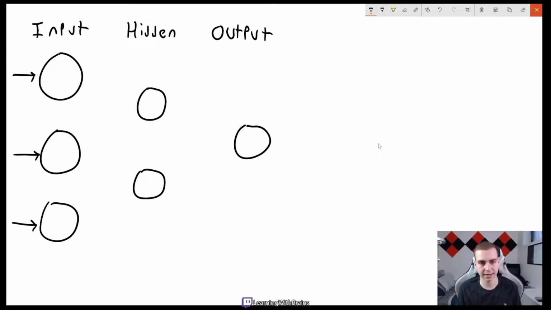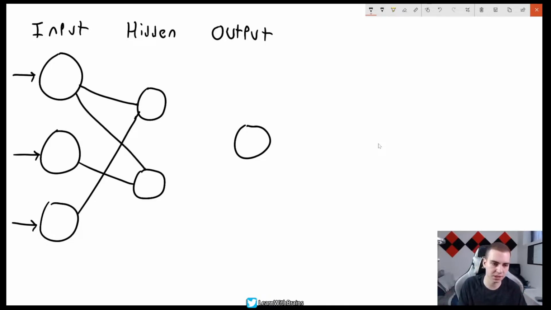Now, how are these layers connected to each other? How do we get from this input layer to the hidden layer to the output layer and get some meaningful output? Well, every single layer is connected to another layer with something called weights. Now, we can have different kinds of architectures of connections, which means I could have something like this one connects to this connects to this connects to this, and that could be my connection architecture, right? We could have another one where this one goes here, and maybe this one goes here,